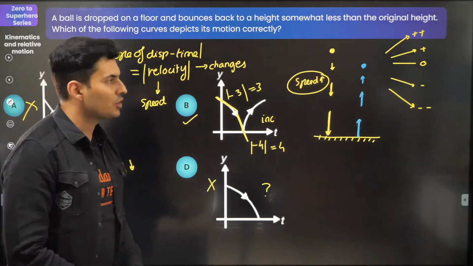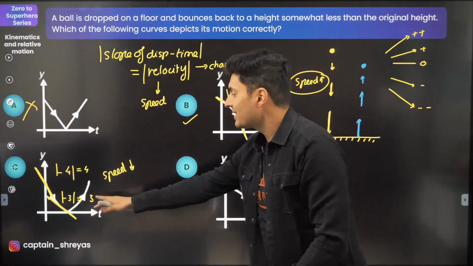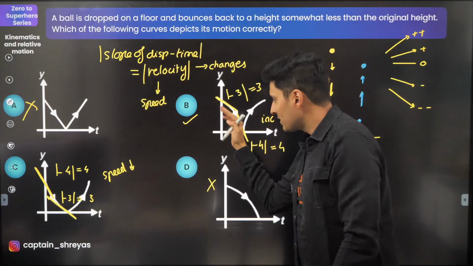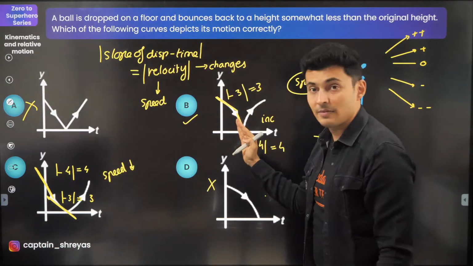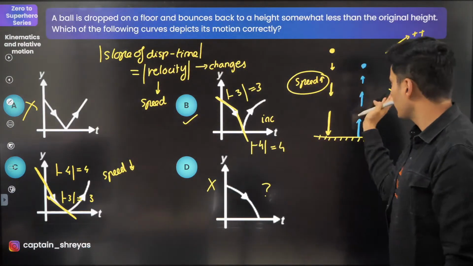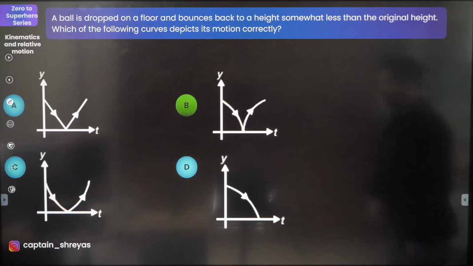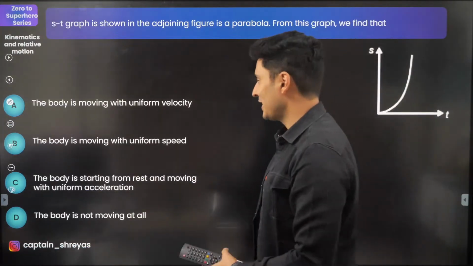Very good conceptual question based on your understanding of slopes. Many students get confused over here. This graph and this graph, the curvature is different, but that makes a hell of a lot of difference because the speed is increasing, and you can do the same analysis even for the later part. Hi Anthony, good evening. Option B it is. Moving on to the next one.